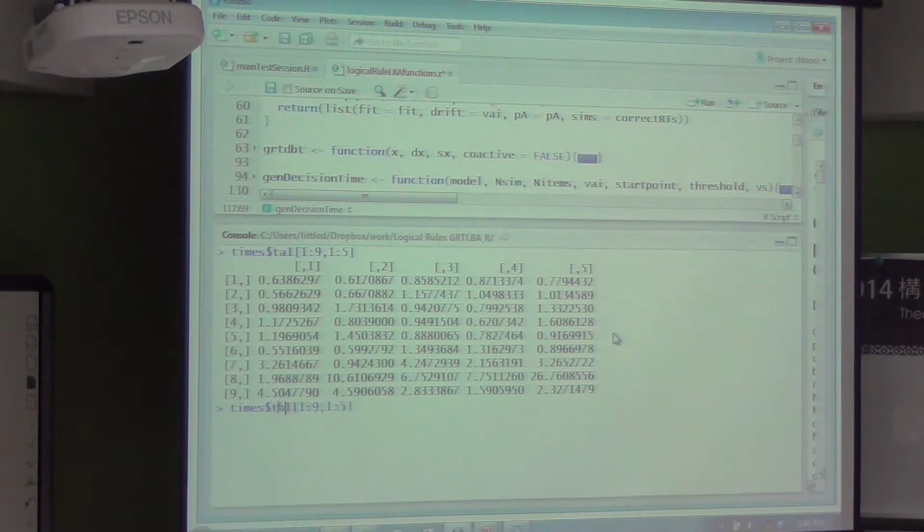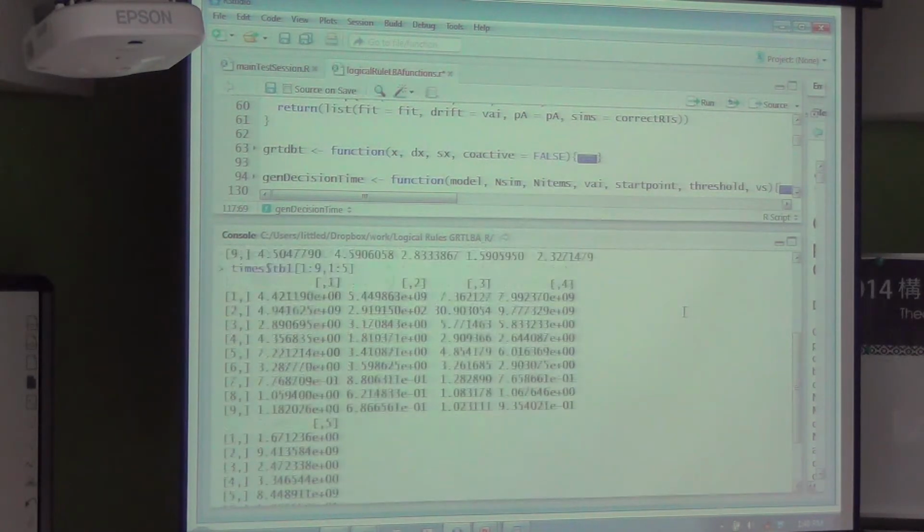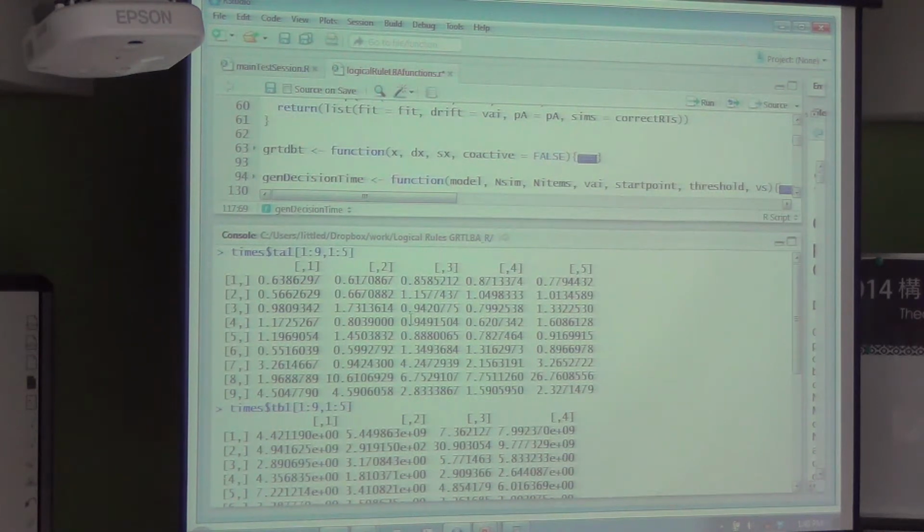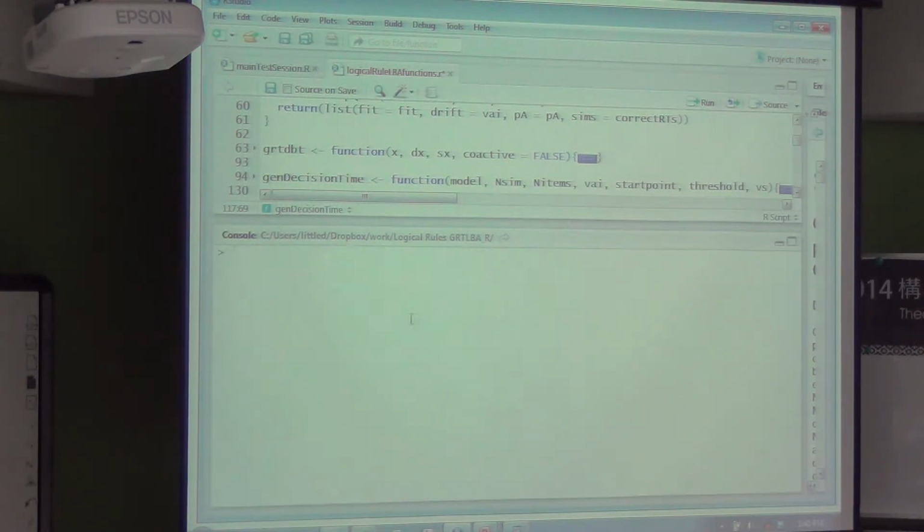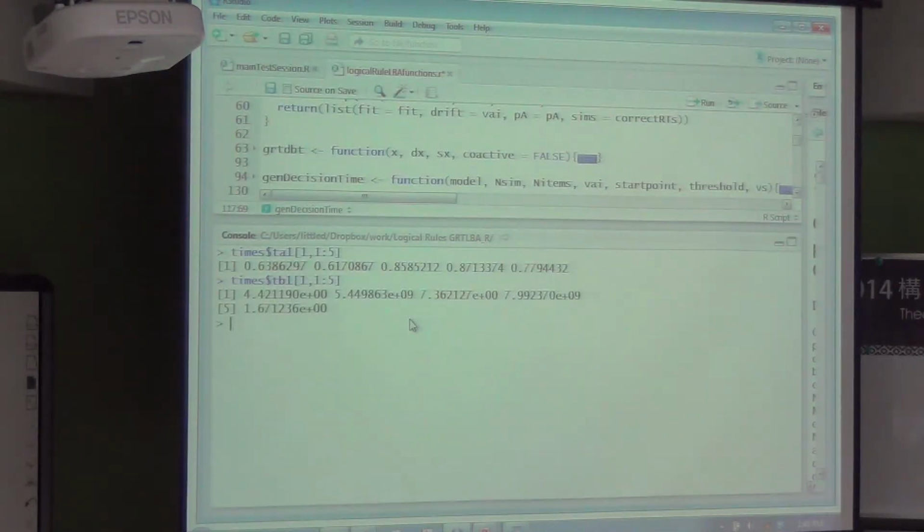We can also look at the times for response B. Now, let me just pull out stimulus number 1 here, because it's informative to look at what's going on for an actual A decision. So this stimulus is a category A stimulus. The values that it has on each dimension point you very strongly towards category A. And these are the values that you get on each of the accumulators. So the numbers for reaching the A boundary, the A threshold, are quite sensible. So 638 milliseconds, 617 milliseconds, 858.